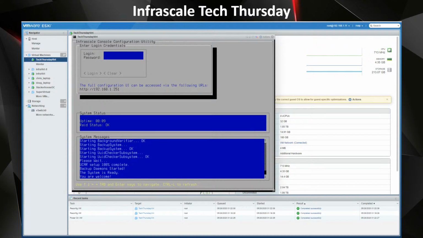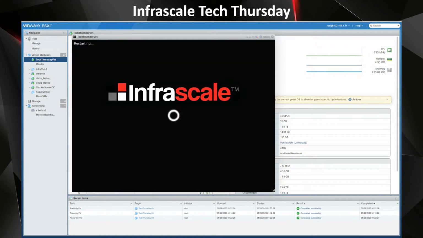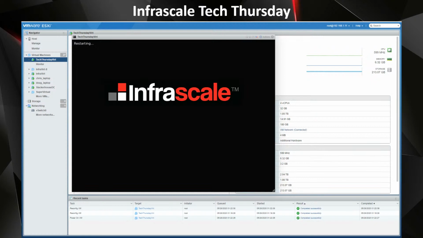So here on the console, we're going to see that it switches from the "You're welcome" warning to the InfraScale booting up. And it's going to show us that it's now bringing that machine back online for us. Now, instead of watching it restart and all that fun stuff, I'm going to bring up